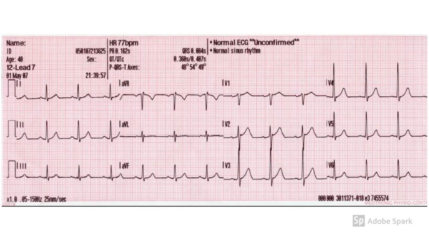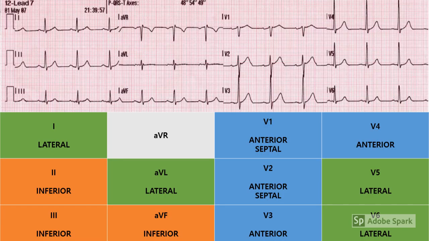So when you take your tracing, this is what you'll get, a normal looking ECG here. As you've noticed, this is what we call a 12 lead ECG, 12 separate images generated from the 10 leads that you've placed on the patient. Each of those leads is obviously looking at a different aspect of the heart. So we talk about territories, anatomical territories that the heart is looking at. And this just helps us give an indication as to where the pathology is,